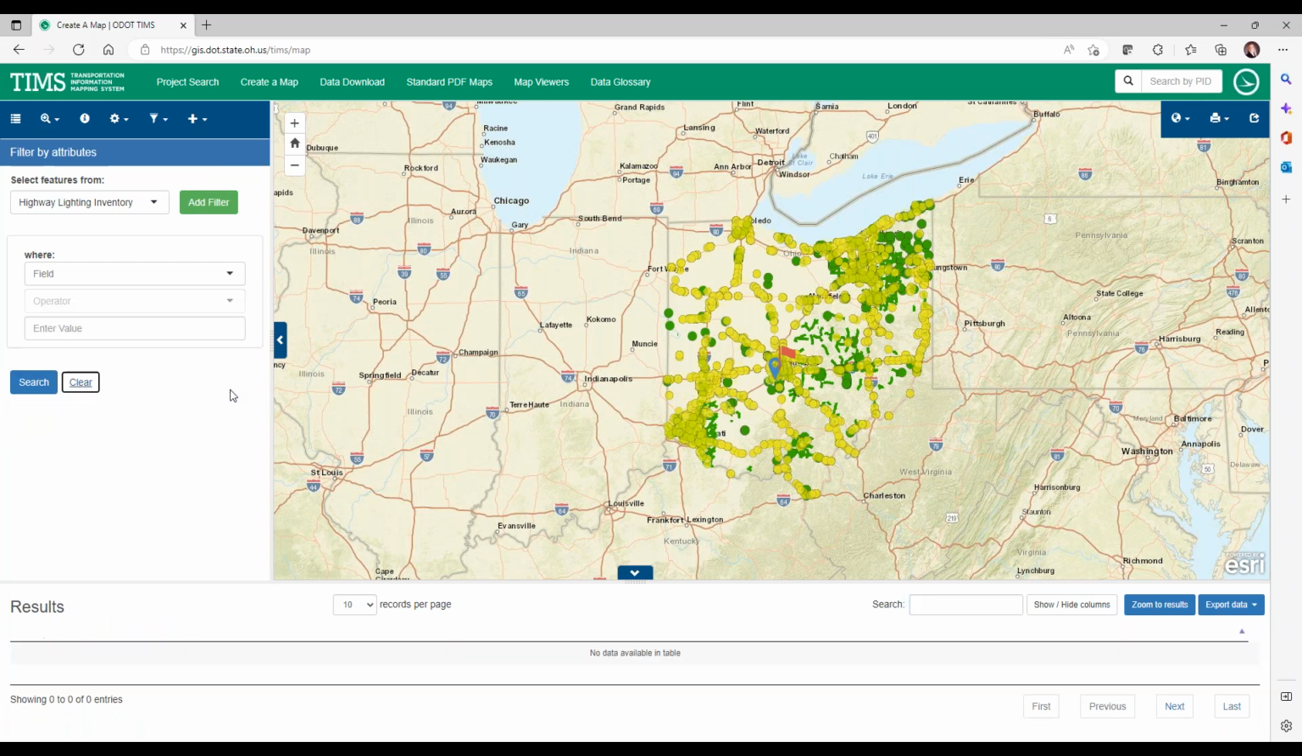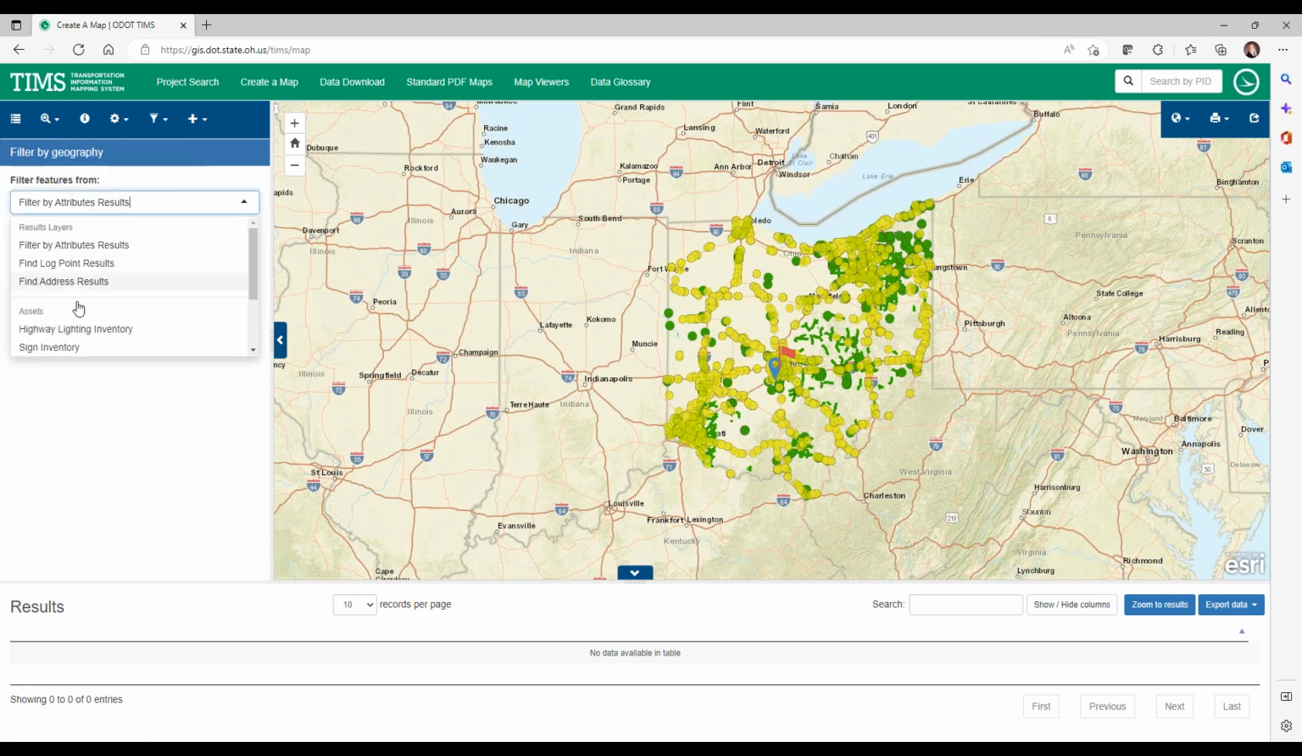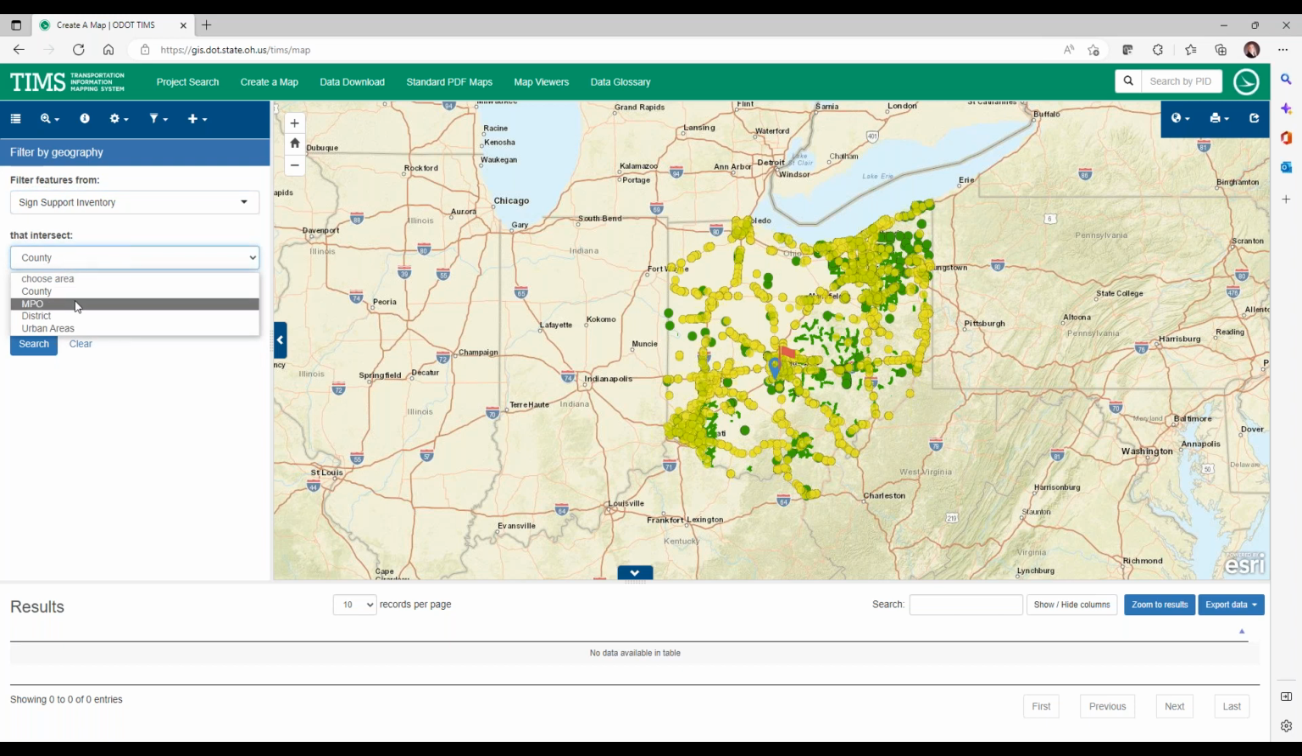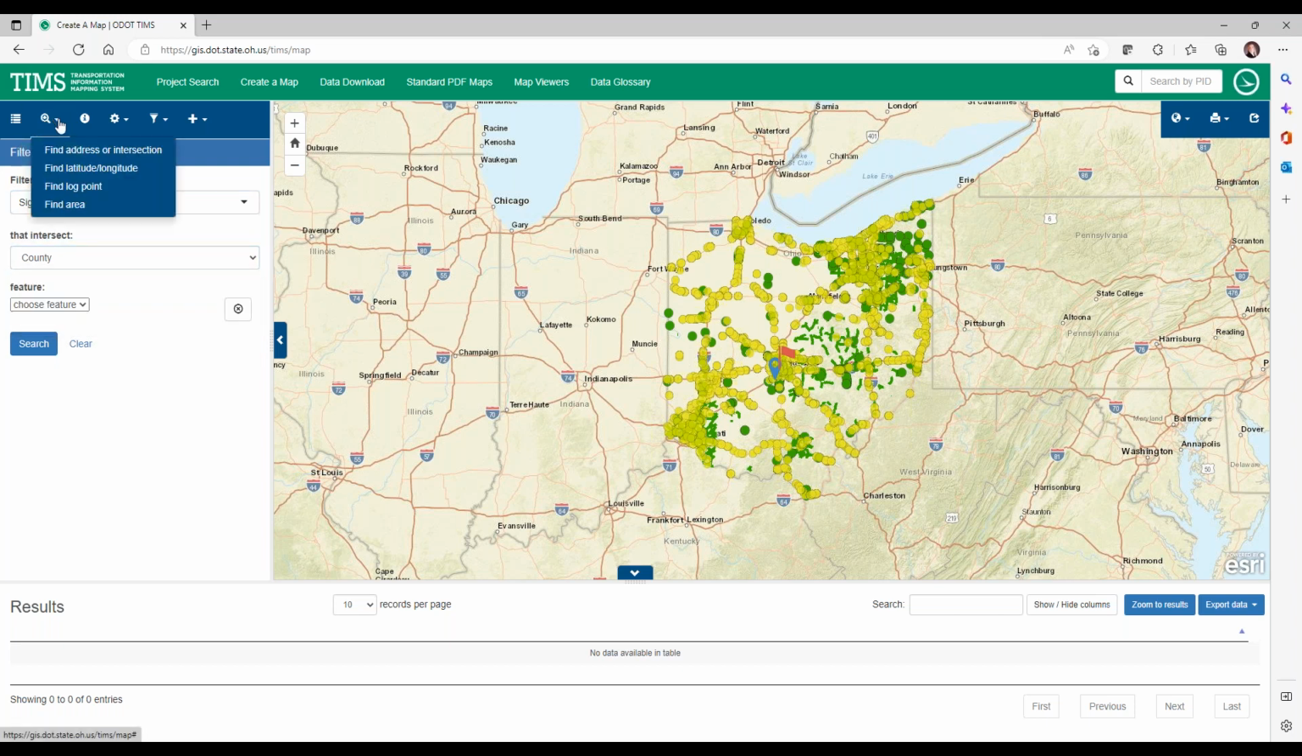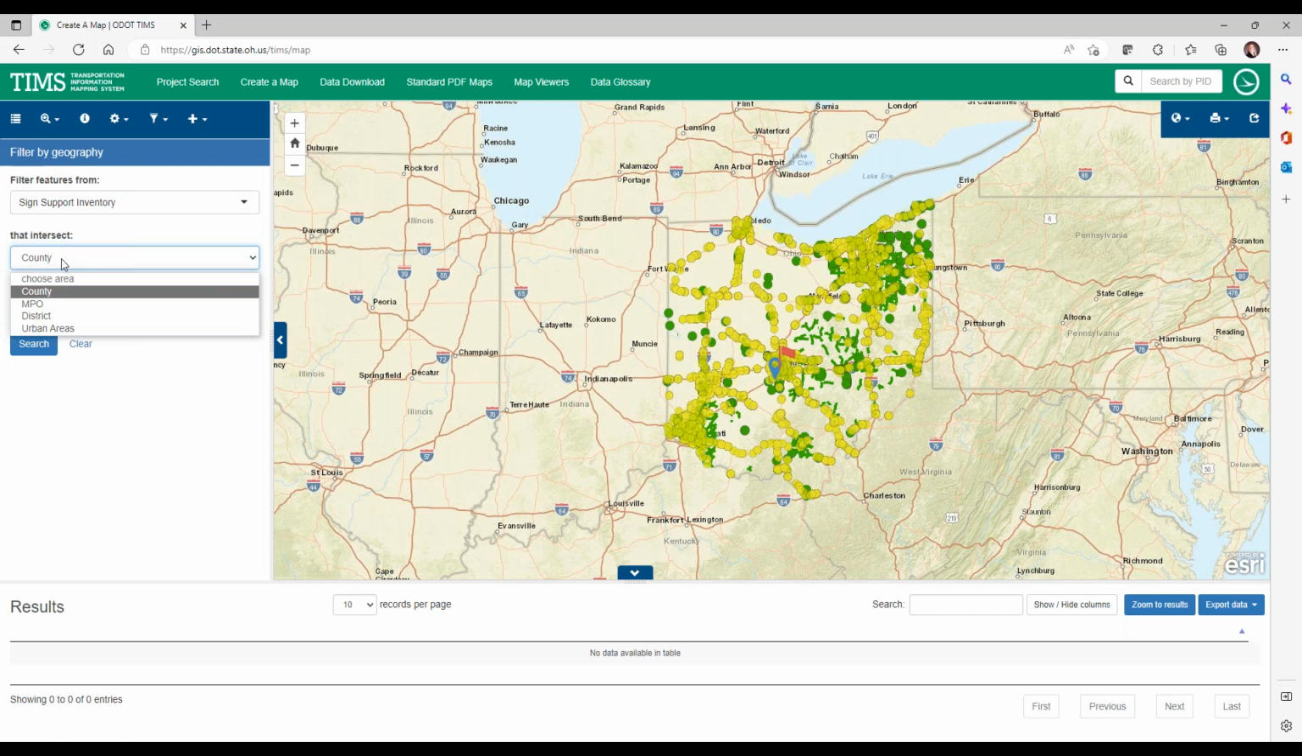Okay, I can clear those results. And let's try the next option, filter by geography. Again, I can choose from the layers that are turned on. So this time let's do sign supports. And I'm going to choose one of those boundaries. Remember my find locations, find area tool, it's the same reference boundaries. So I can get all of the sign supports in a certain county,